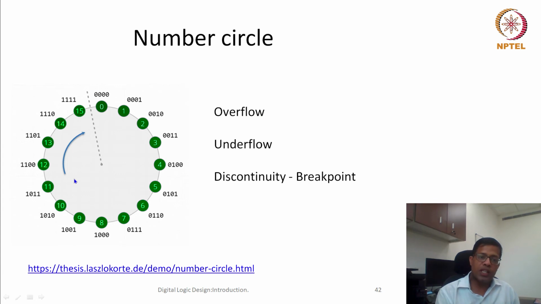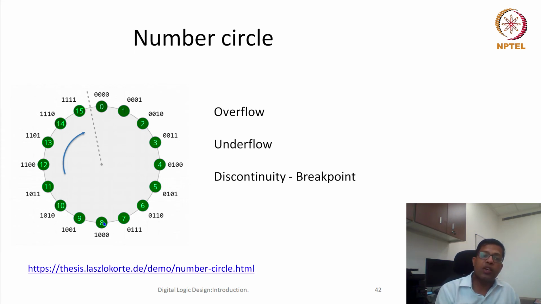So there are a couple of more things here. First of all, I am moving in a clockwise direction. If I want to add 4 to 1, I will go 4 steps in a positive direction: 1, 2, 3, 4. And let's say I want to subtract 4 from 12. I will go 4 steps in the anti-clockwise direction: 11, 10, 9, 8. So after 4 steps I got 8.